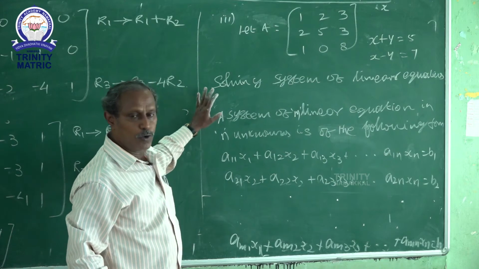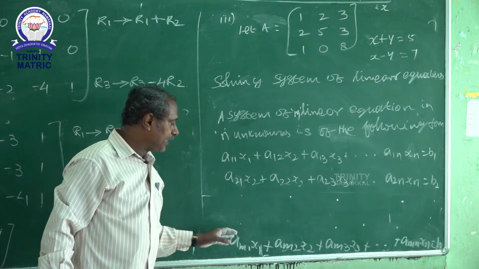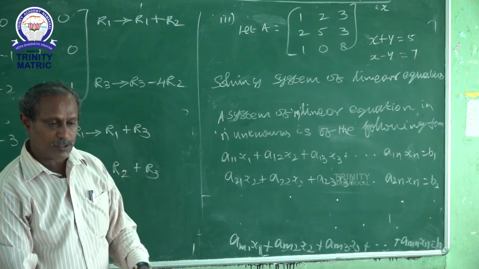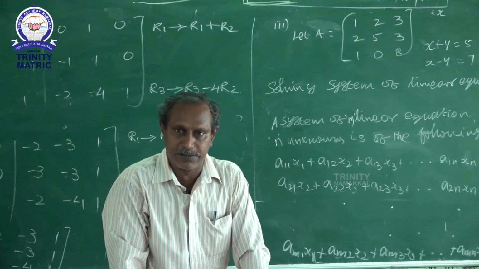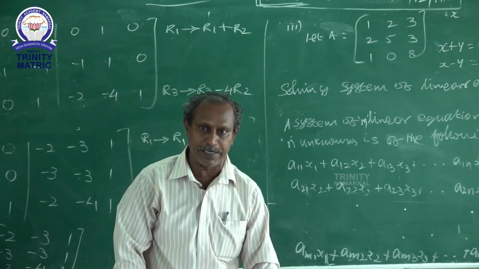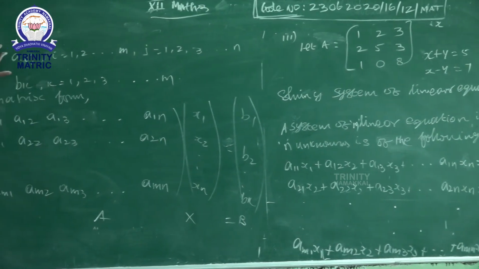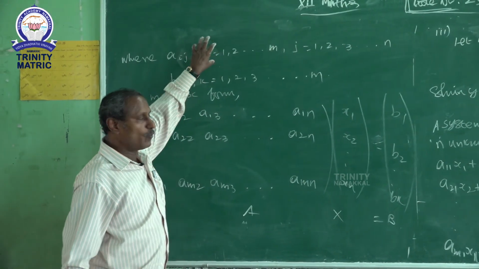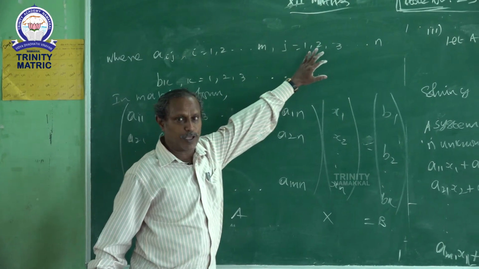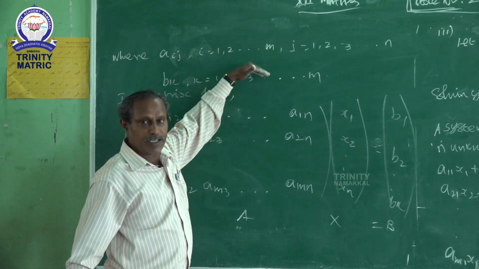We are going to solve these sums by making use of the matrix method. There are three methods. To solve, before that we must know what the coefficient matrix is, then the augmented matrix. In that, aij, where i takes values from 1 to m and j takes values from 1 to n, and bk, for k from 1 to m, are called the constants.